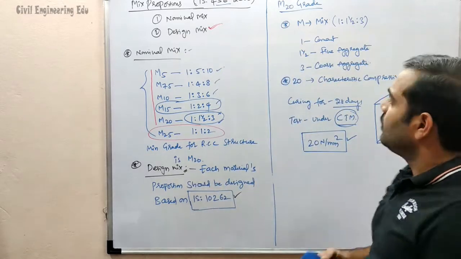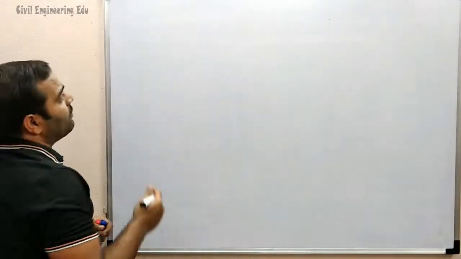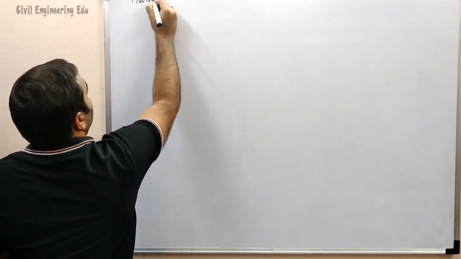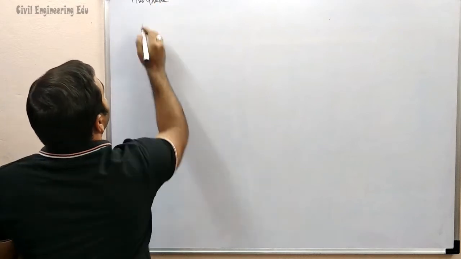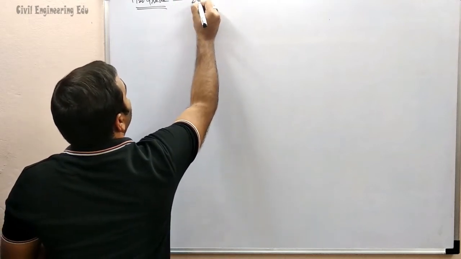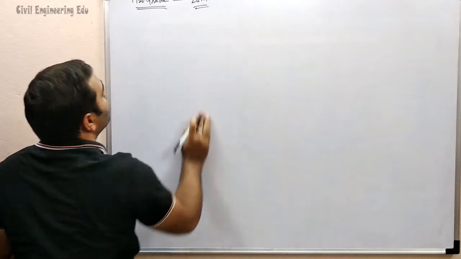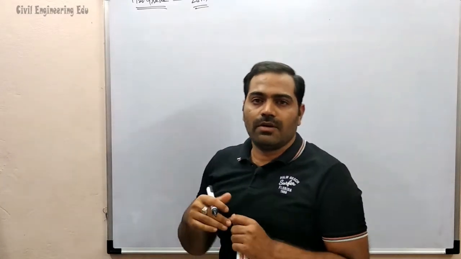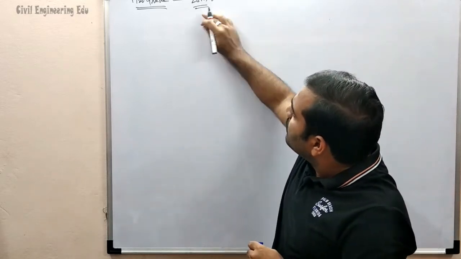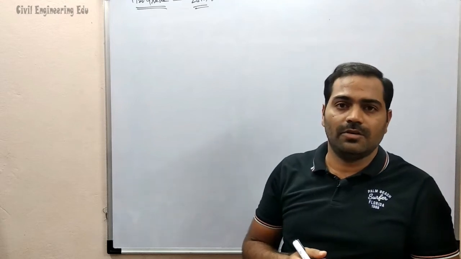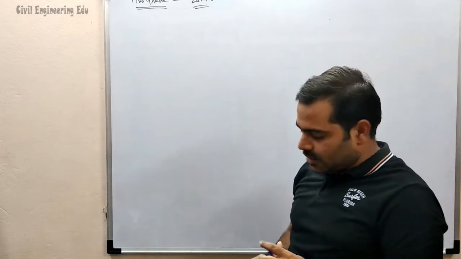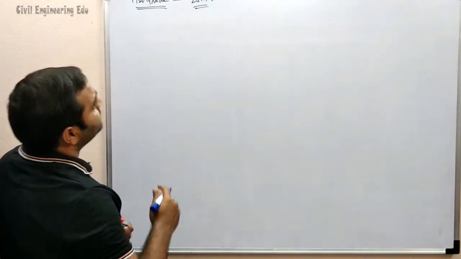Now let us see how to calculate the materials. For calculation of materials, let us take one grade, M20 grade. So I am taking this grade of concrete and I need to find the quantity for, let us take 28 cubic meter. Whenever we do the detailed estimate in the detailed estimation table, we found that the total quantity of concrete is 28 meter cube. We need to find the quantity of different materials for 28 cubic meters. So let us see how to calculate the materials.